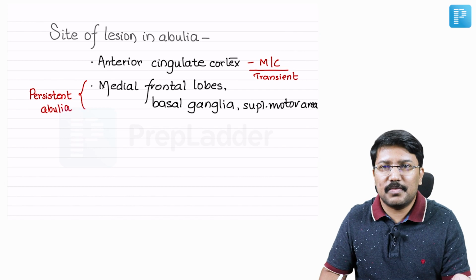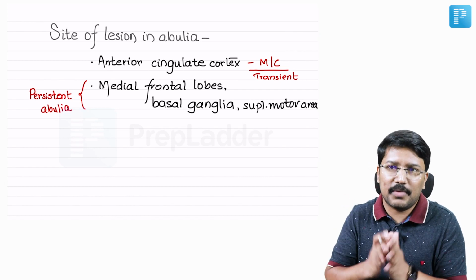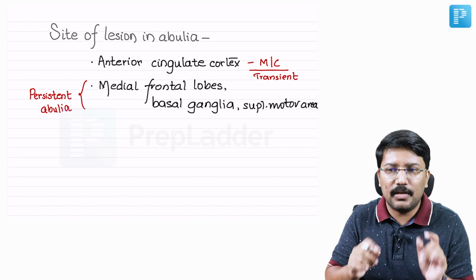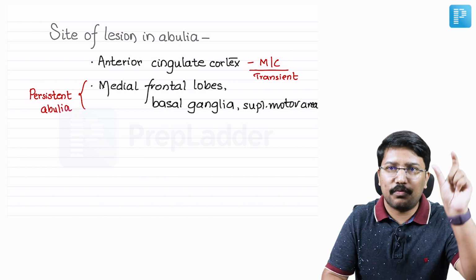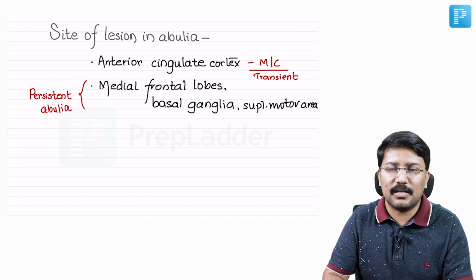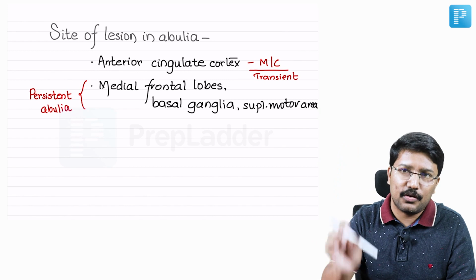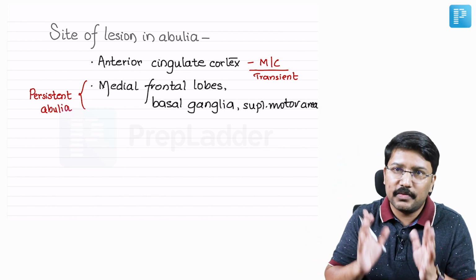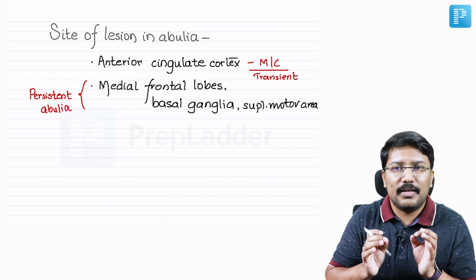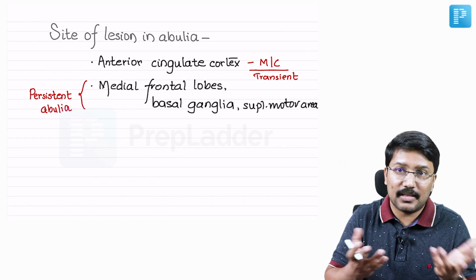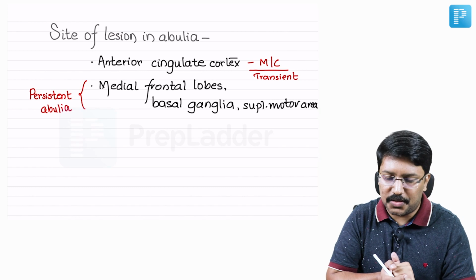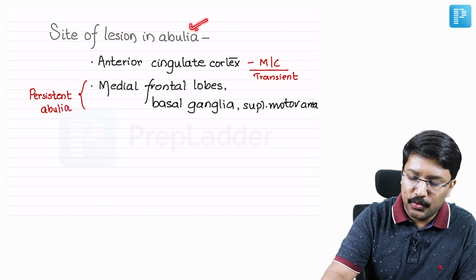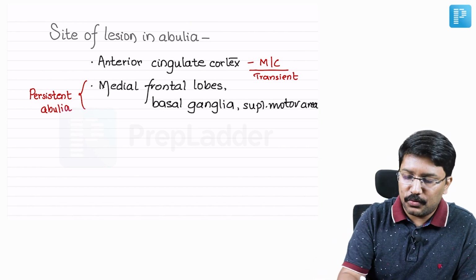For all these symptoms, for those of you aspiring for neurology, my recommendation is pretty simple and straightforward. Make a table, make a list of all these neurological manifestations, and make a column where you mention the site of lesion. Google it, look into books, but make a list. This will definitely go a long way. It will help you crack at least 1 or 2 questions, and that may be a make or break situation, right?